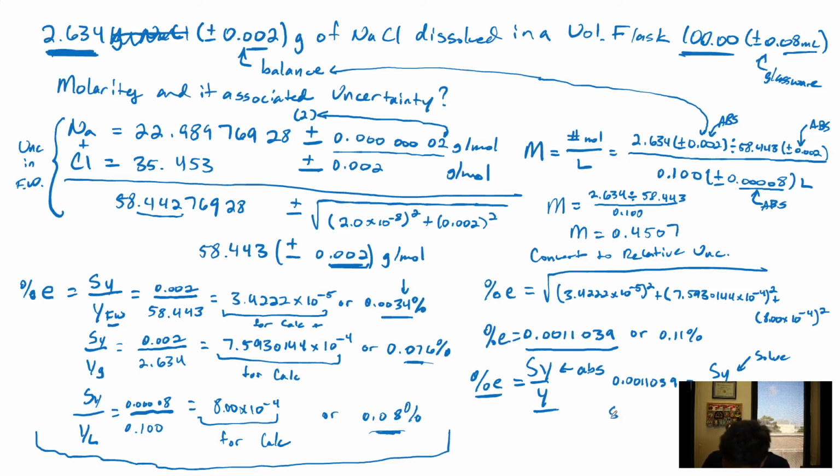And so SY equals approximately, or the number you'll get is going to be 4.975 times 10 to the negative 5, right? So if you get rid of the scientific notation, what you'll actually get is